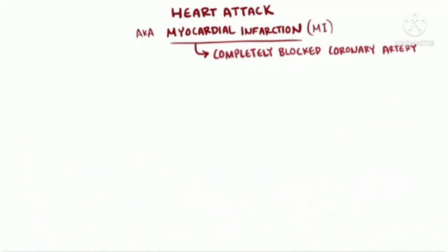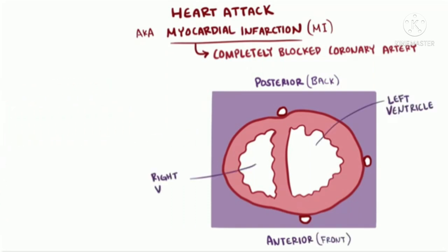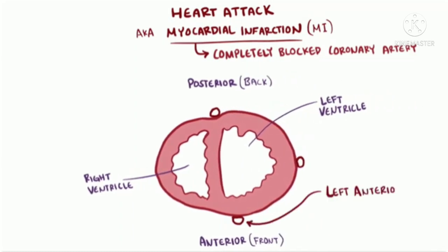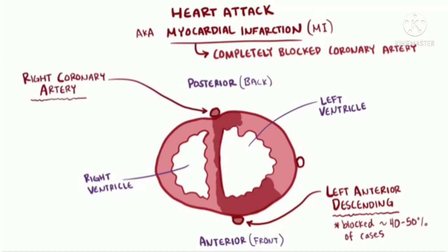So now let's change views a bit. If we take a slice of the heart like this side being posterior, or the back, and this being anterior, or the front, with the left and the right ventricles here, and then we have the three most commonly blocked arteries, the left anterior descending, or LAD, which supplies blood to the anterior wall and septum of the left ventricle, which accounts for about 40 to 50% of cases, the right coronary artery, or the RCA, which covers the posterior wall, septum, and papillary muscles of the left ventricle, accounts for about 30 to 40% of cases,